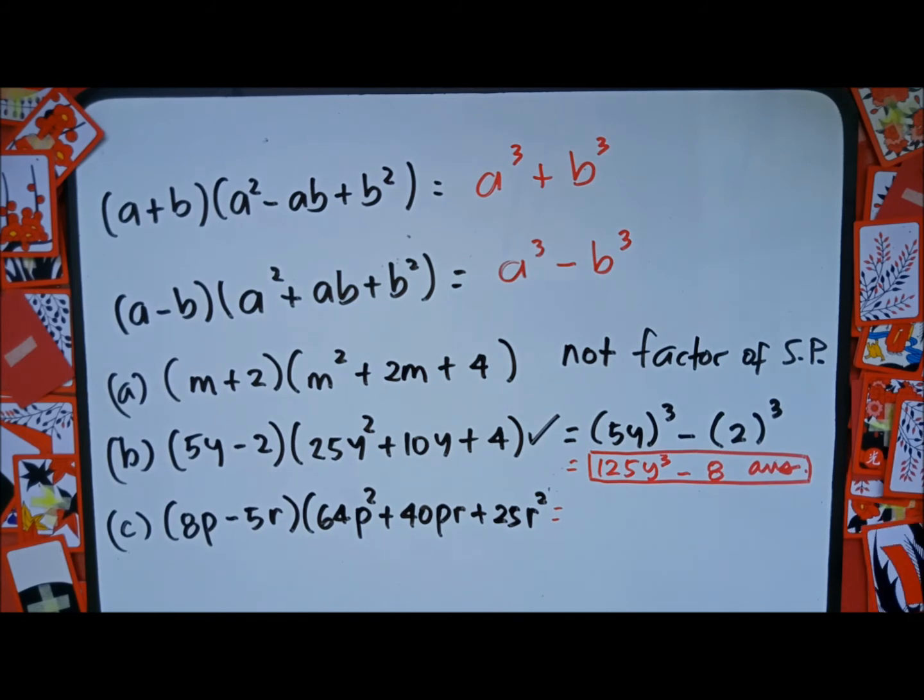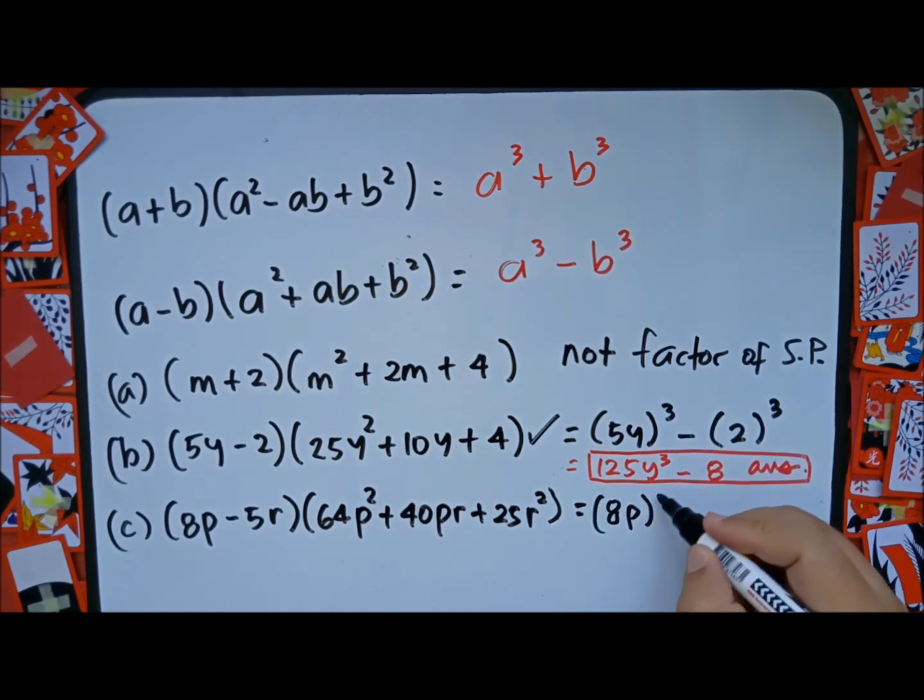Now, let's check. Is this the square of the first term? 8 times 8 is 64. P times p, p squared. Check. Is this the square of the second term? Negative 5 times negative 5 is 25. R times r is r squared. Check. Is this the opposite of the product of the binomial? The product of the first and second term. 8 times 5 is 40. Negative times positive is negative. Negative 40pr. Is it the opposite of positive 40pr? Check. So, our answer will be